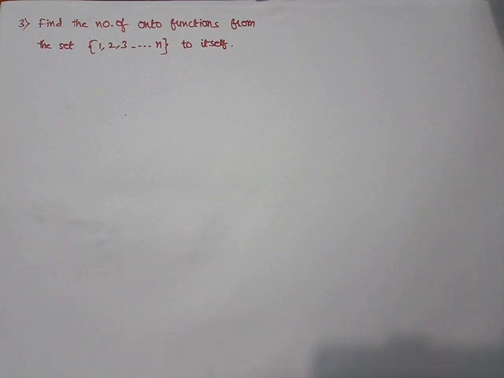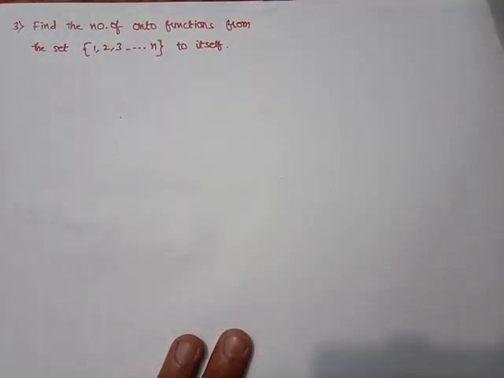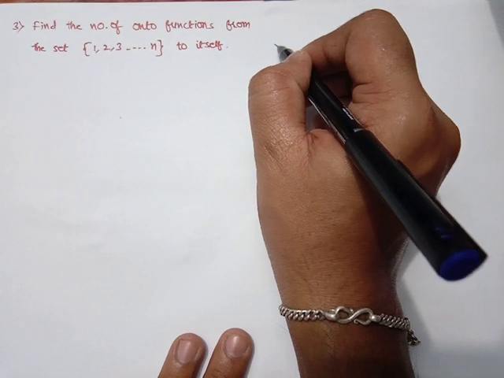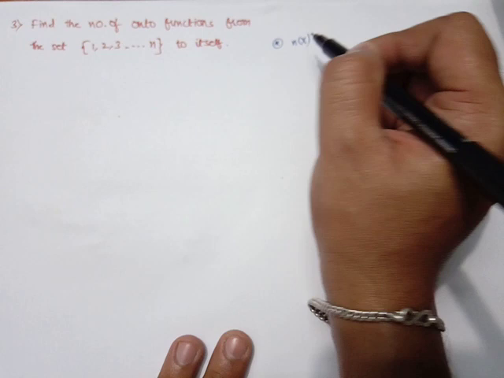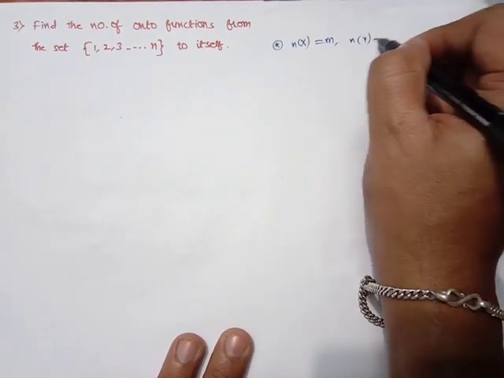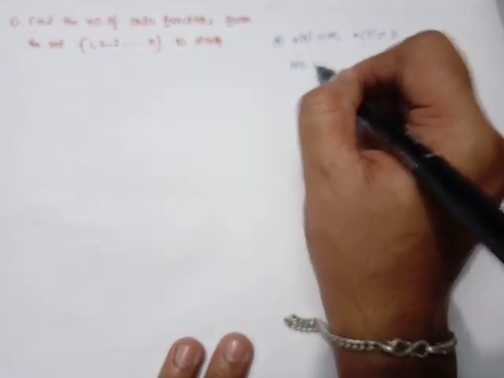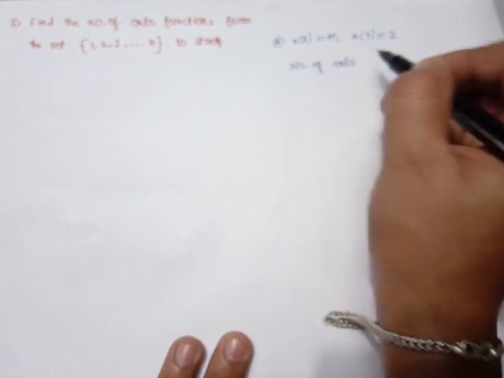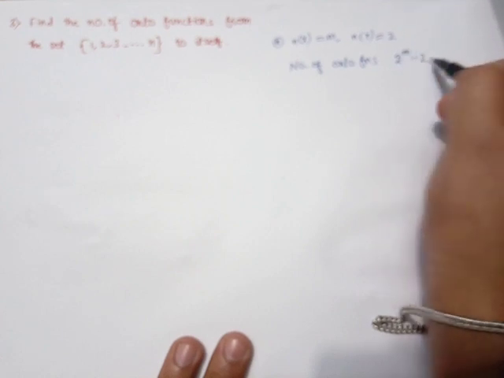n only. But to deal with this kind of onto functions, first of all, how many cases can we see here? First of all, we'll discuss here. So first type, first set x. The number of elements in x is nothing but m. The number of elements in the second set is nothing but 2. Then the number of onto functions are going to be 2 power m minus 2.